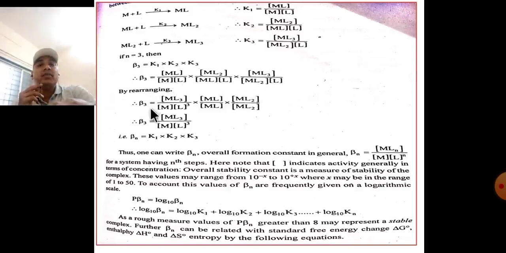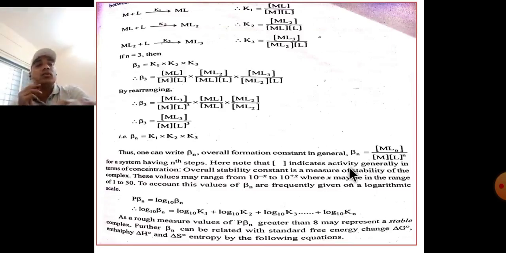By rearranging the equation, after cancellation of ML and ML2, β3 is equal to [ML3] upon [M] into [L] cubed, that is, βn is equal to K1 into K2 into K3. Thus one can write the overall formation constant in general as βn equal to [MLn] divided by [M] into [L] to the power n,